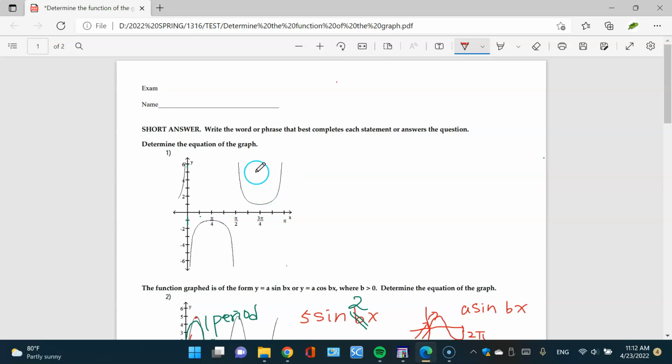Look at this graph. We know this is not a sine and a cosine, or tangent and cotangent. We know this graph is either secant or cosecant. So the easier way to determine what type of function the graph is, we do the other way around. So we graph the other direction